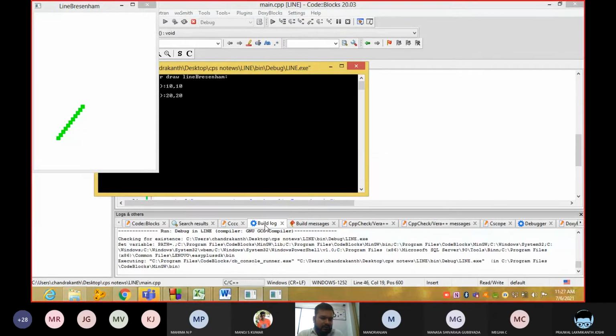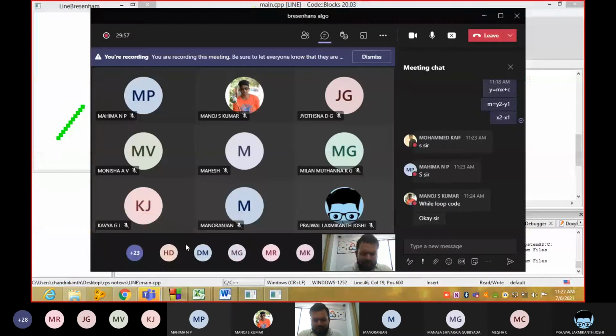Even the cube also you can convert into a square. If you place a square and above that square you place a triangle, it looks like a hut, right? If you do that one, that's more than enough. Mahima or anyone, Manoj or Kaif, you do one thing, just create a square. Above that you place a triangle. It looks like art, right? You can place here and there some rectangles like windows.